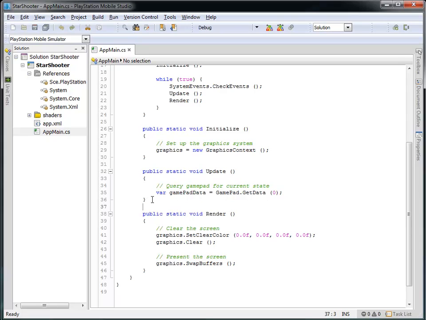Now right now I'm not doing anything with that, but later in this course we're going to fill in some information and check to see if the user is pressing any buttons, maybe fire missiles and that kind of thing. In the render function, we're going to place all of the code that we need to actually draw stuff to the screen. And the first thing we're going to do is our graphics variable, which we set up here,